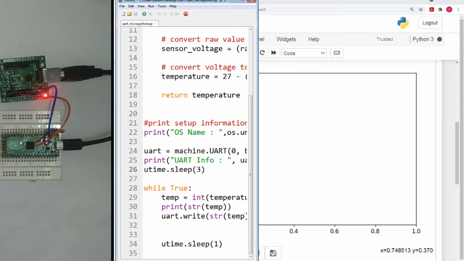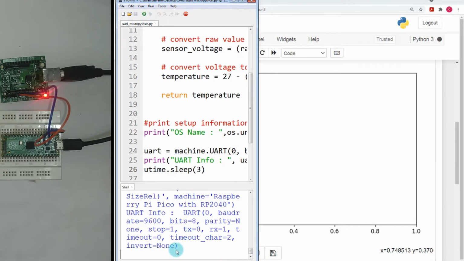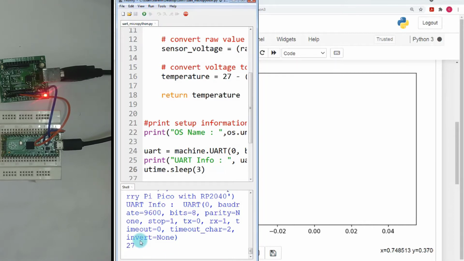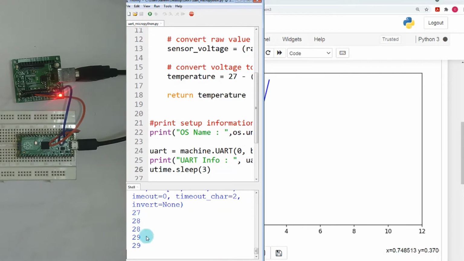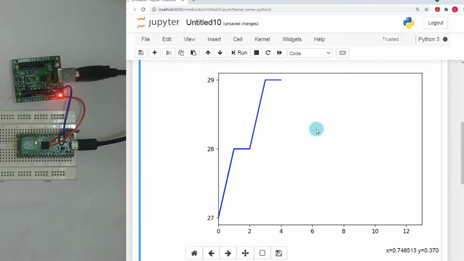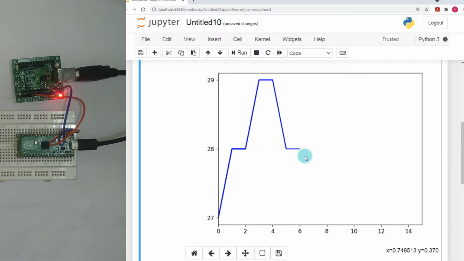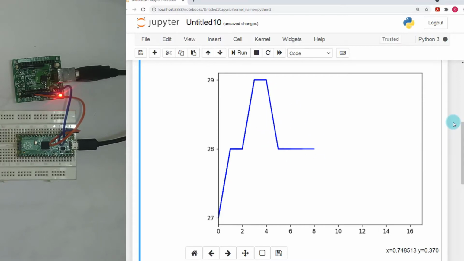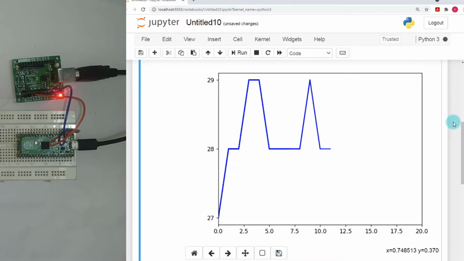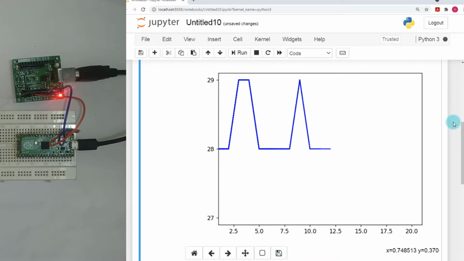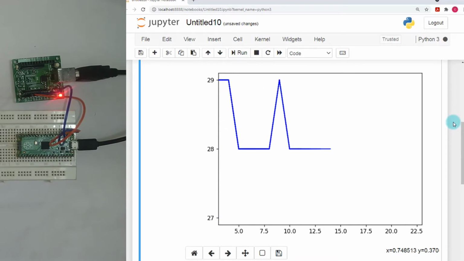So let us now again start the MicroPython script, and here as you can see we have started serially sending the data, and here you can see the real-time plot of the data. So in this way we can serially transmit the data and we can plot it in the Python program.